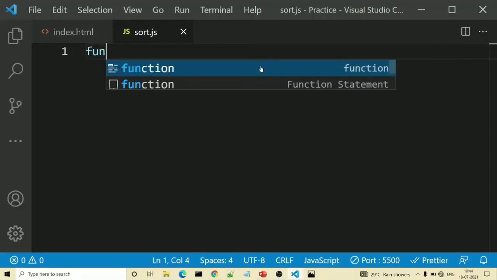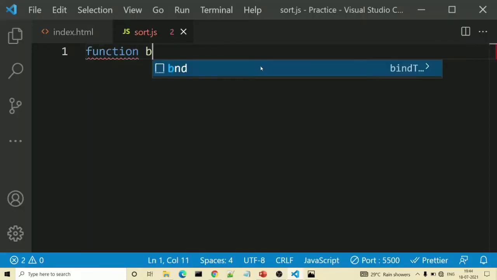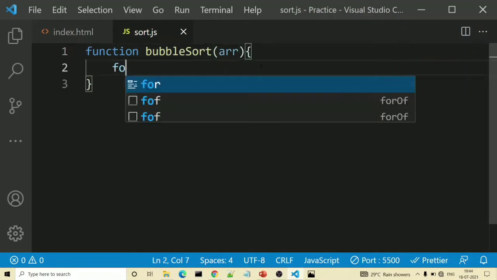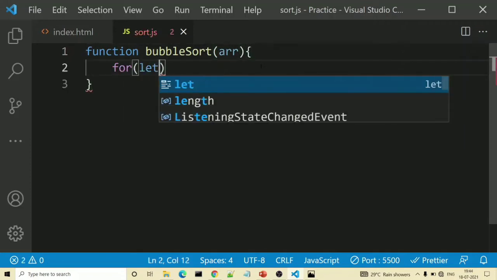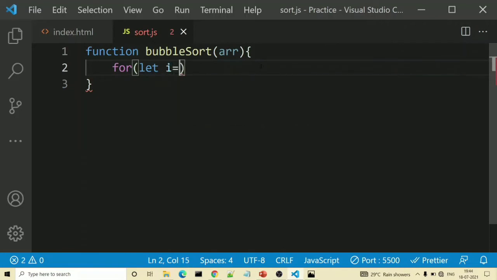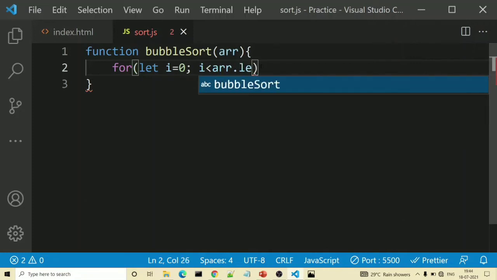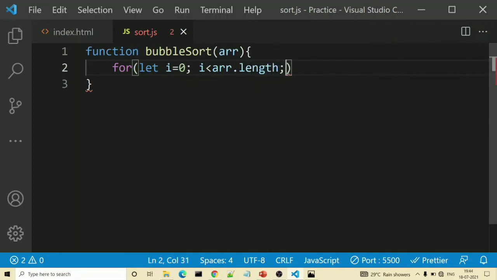Here I will define my function named bubbleSort. Inside that it will accept an array as an argument. And there I will write my first for loop: let i equal 0, to i less than arr.length. So we will travel from the 0th to the last index.